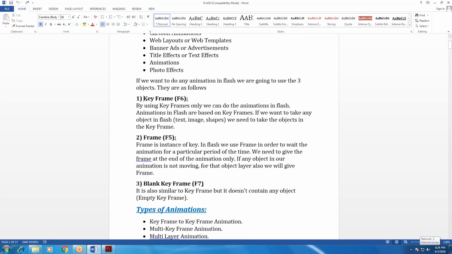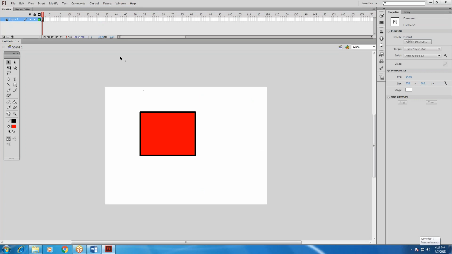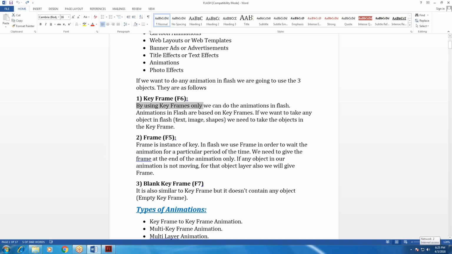See here, by using keyframes only we can do the animation in Flash. If there are no keyframes here, we cannot do animation perfectly. Animation in Flash is based on keyframes.